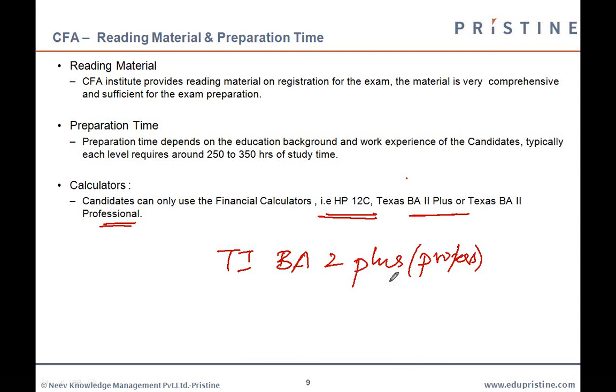For 2 reasons. One, it is a very good calculator to have. It's very easy to operate. And another reason is the same calculator is also endorsed by GARP. So if in future you plan to take up other exams such as FRM, then you can simply use the same calculator again. It's available in most of your online shops, Flipkart, eBay, etc. And I think its price is around 3,000 rupees. So it should be easy to get.